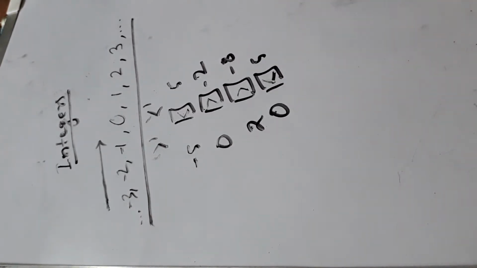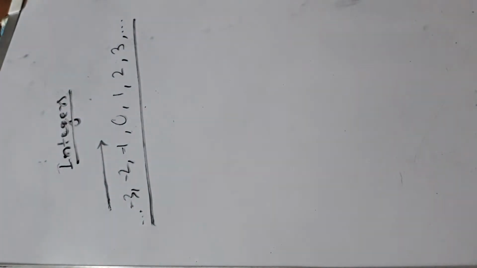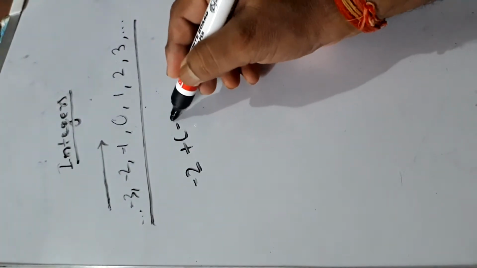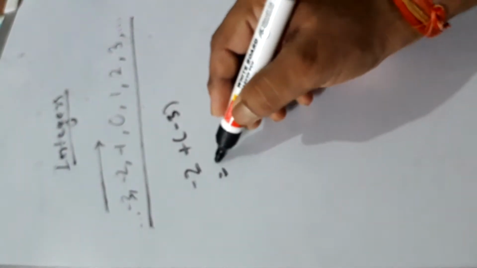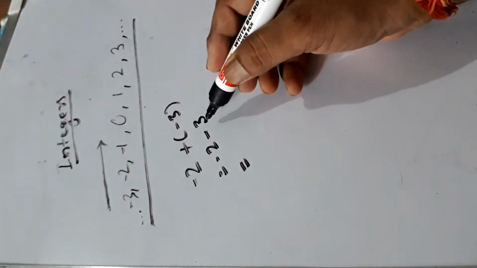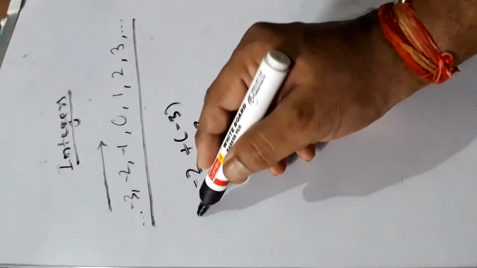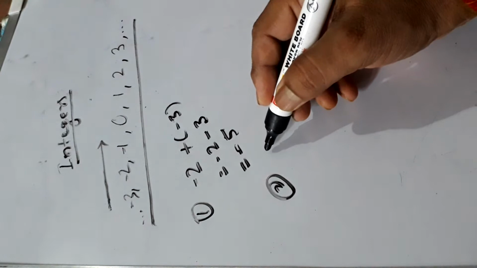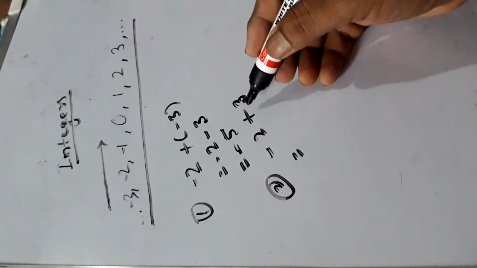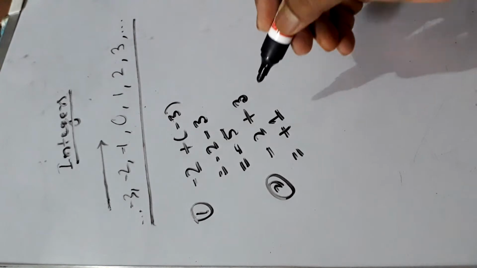In this we have seen greater than or less than. Now we are going to add. Suppose we are given to add -2 and -3. This is -2 plus minus, we will get -3. Now we have both negative numbers, we will add them, 5, and put a negative sign here. Suppose this is the first example. Another example, we have to add -2 and 3, that is +3. This is positive, this is negative. We will subtract and put the sign of the greater number, that is, it will become +1.